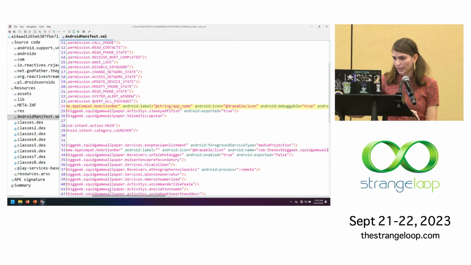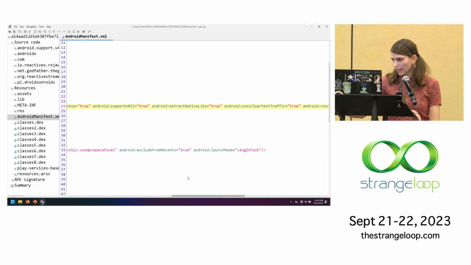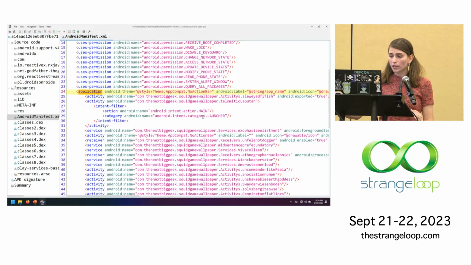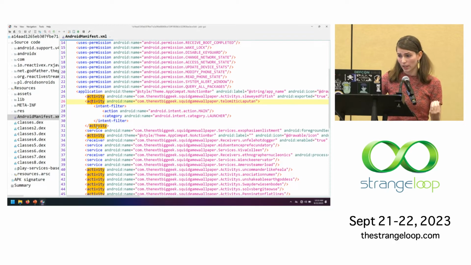So I'm going to scroll right, see if there's any class. I'm not really seeing any class name defined here, so I'm just going to move on to the main entry point. And we can find this by looking for the main and launcher tags right here. Now, these intent filters are defining the activity that's going to be the entry point of this application. Now, the actual class name is going to be this com, the next big geek, Squid Game wallpaper,